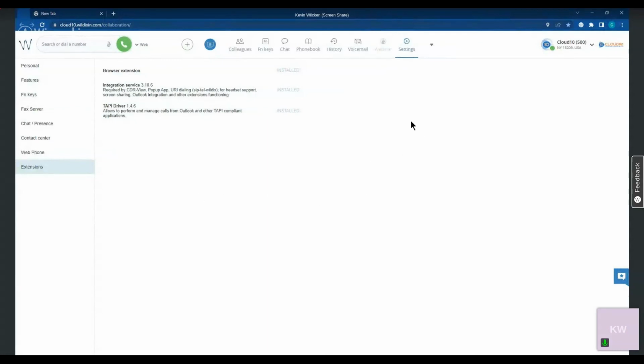Okay, and we can see now it does say that the integration service and the Tappy driver are installed. Sometimes it does require you to log out and log back in for those to sync up and connect. But in this case, we've got it saying installed across all of these extensions. So now that that is done, we are ready to utilize collaboration and the many tools that are in this